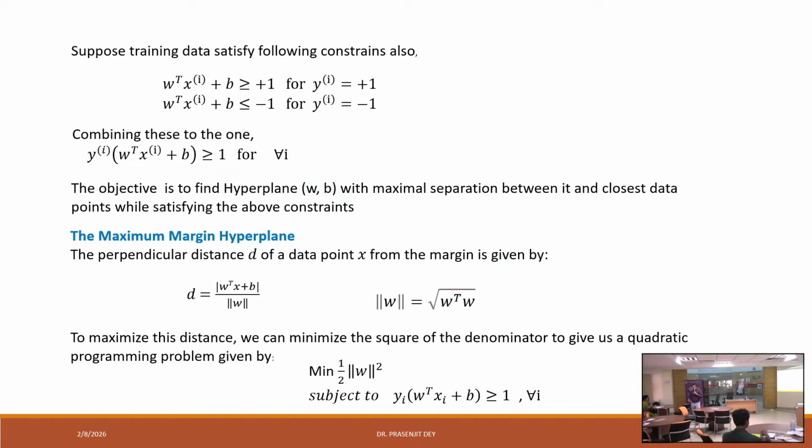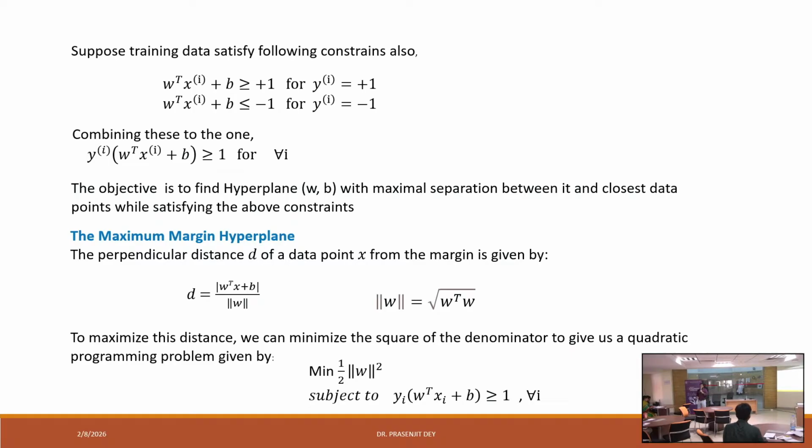Simple math. As I have to take the first order derivative of this, obviously the square will come down, and it will make things complex, like it will become 2w. To tackle that issue, we always use half before any square term, because at the end of the day in mathematical computation, it is not going to hamper any concept. So our objective is to minimize half of w square, and this is subject to,